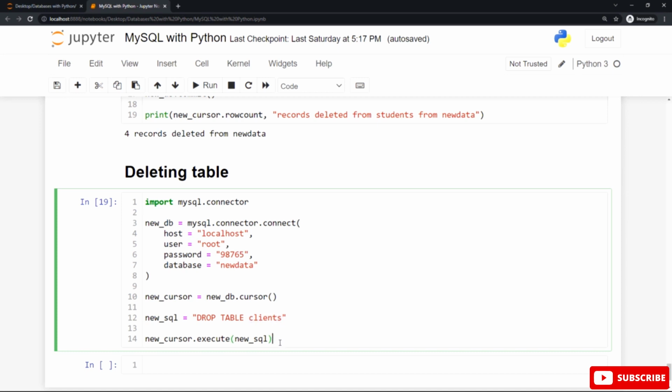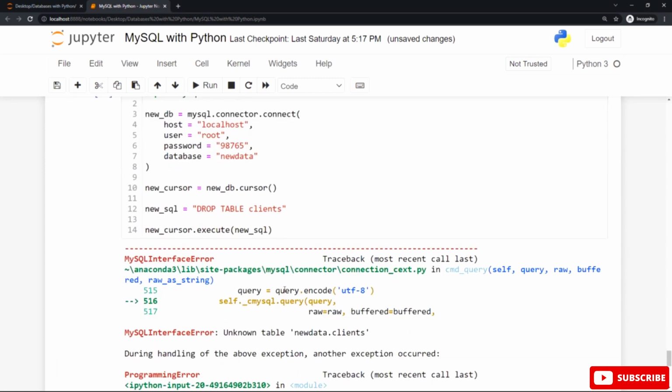Hit shift enter again, you can see we have an error here. To avoid this error, you can use the if exists statement followed by the name of the table. You can see here the drop table statement followed by the if exists statement followed by the name of the table that is already deleted from our database called new data.